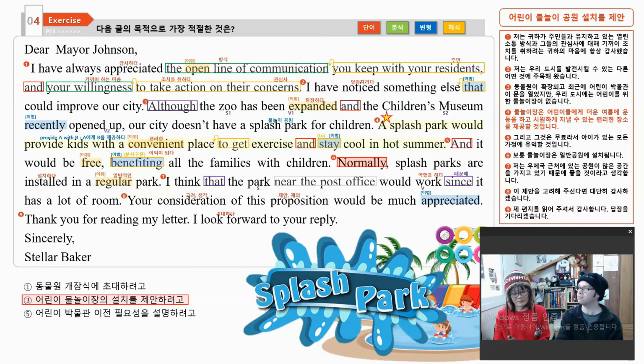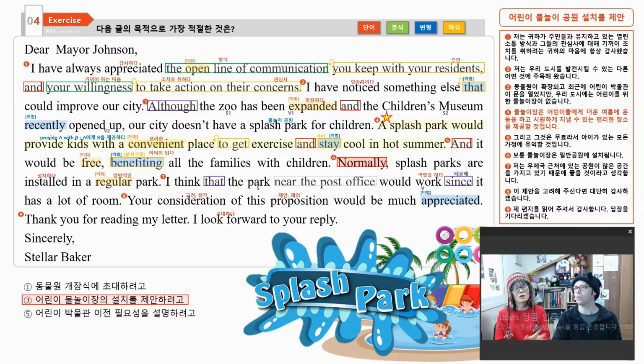Renovation? They don't even have the splash park. That's right. We have an expression, the cart before the horse, right? The horse has to come first. You have to make the splash park, and then maybe several years later, they need a renovation. Renovation is to repair something or make it better through construction. Okay, so people don't get hurt, eh? Yes, exactly.